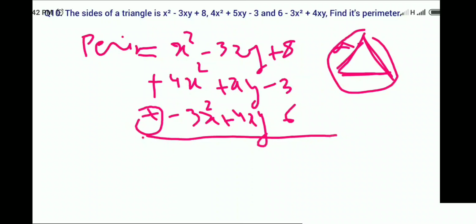Plus 8 and plus 6 equal to 14. 14 minus 3 is equal to plus 11, because plus is greater. Then xy plus 4xy becomes 5xy, minus 3xy is equal to 2xy. x square plus 4x square when added gives 5x square, minus 3x square is equal